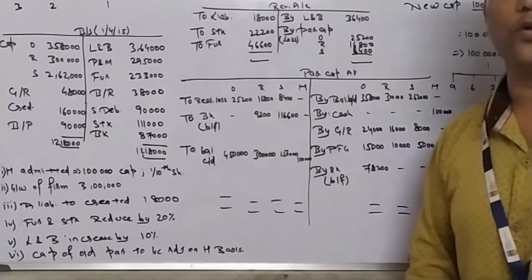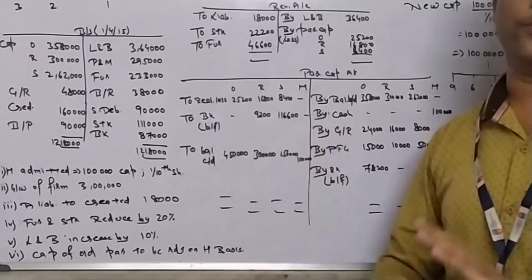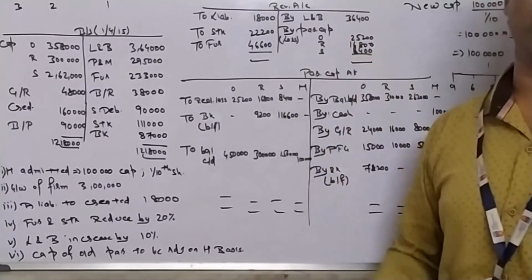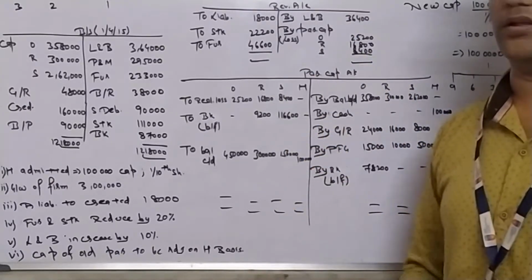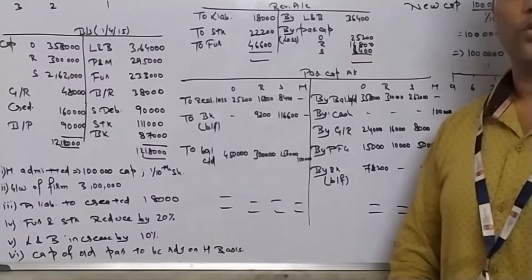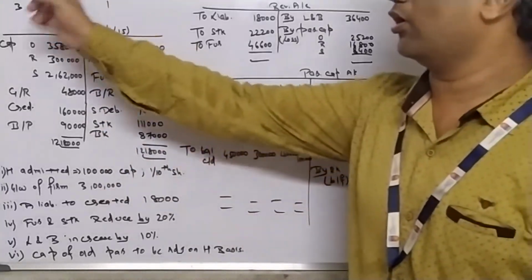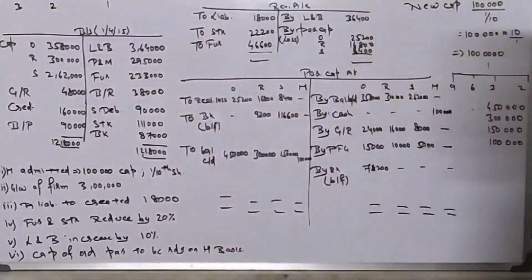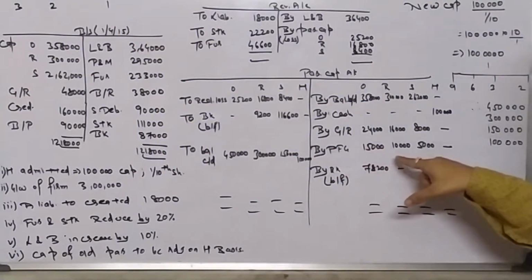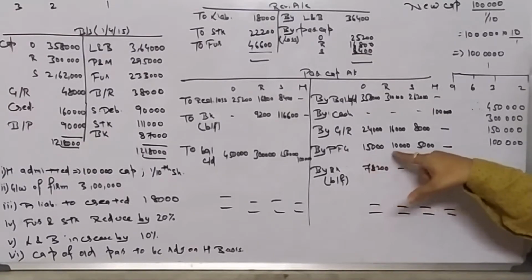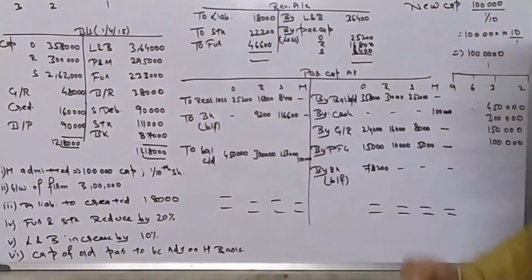Now what will be the treatment of that? First entry: cash account debit to premium for goodwill, which he has brought in. Second, premium for goodwill account debit to sacrificing partners. Here no one is a gaining partner. So premium for goodwill account is debited to O's capital, R's capital, and S's capital. I have written here 15, 10, 5, that is 30, dividing the 30 in the ratio 3:2:1. Second treatment done.